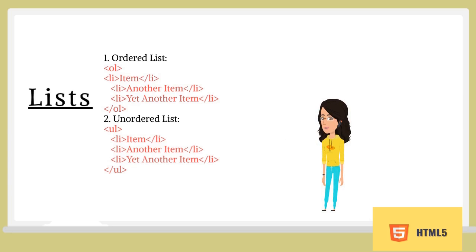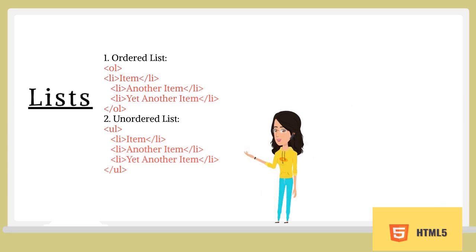There are a couple of ways you can play with which numbers appear on the list items in an ordered list. The first way is to set a starting number using the start attribute, and the list will start at this defined number and continue incrementing by 1 as usual.